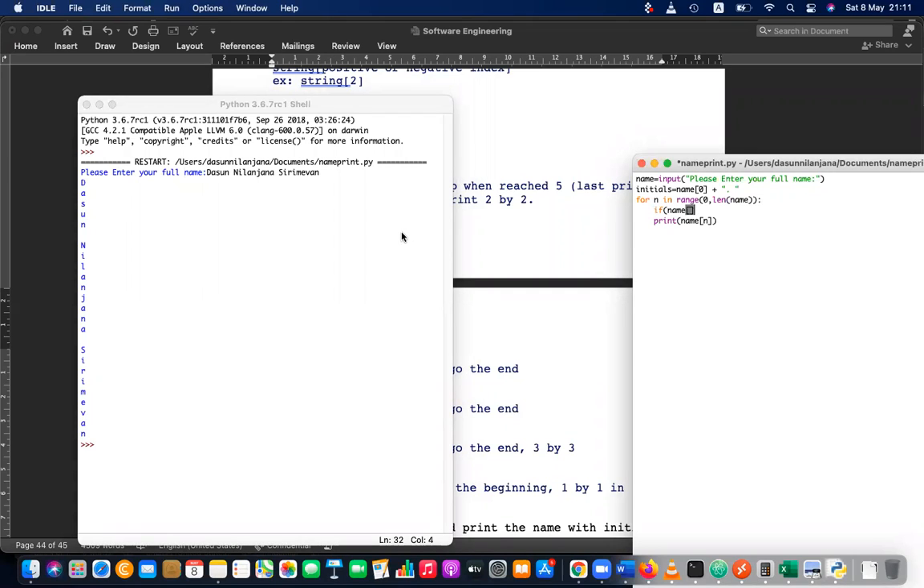If name n is equal to space, then if it is equal to space, I need the next character. Right? Next character, that is n plus 1. If this is equal to space, then you can say